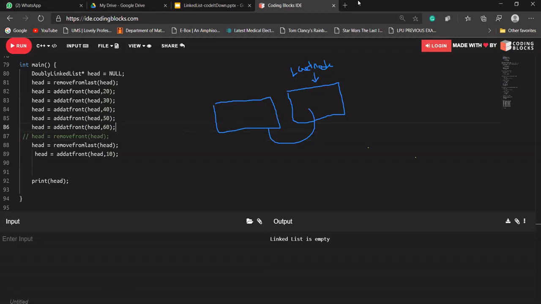So let's move to another topic, another deletion function. This time we'll update our delete function, and let's say 2 or 3 nodes are there. Let's quickly do it, and it will be a doubly linked list.